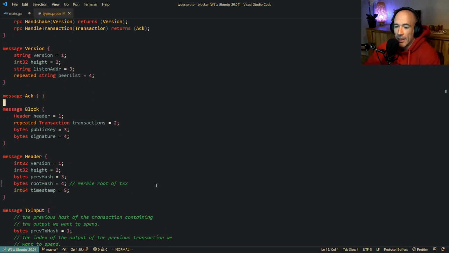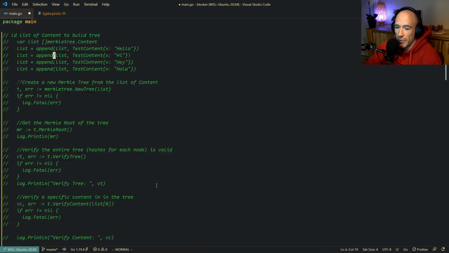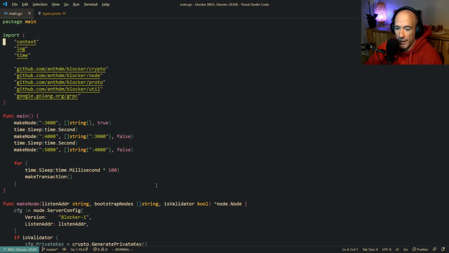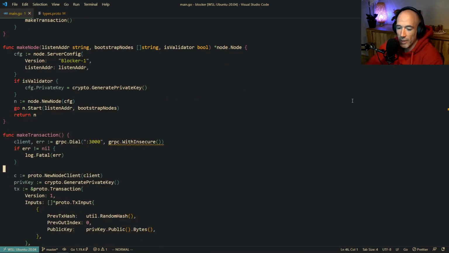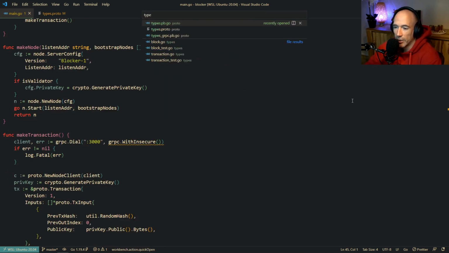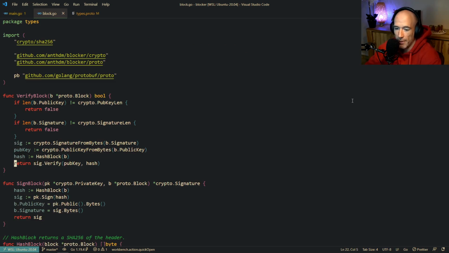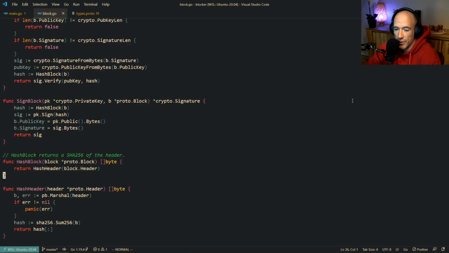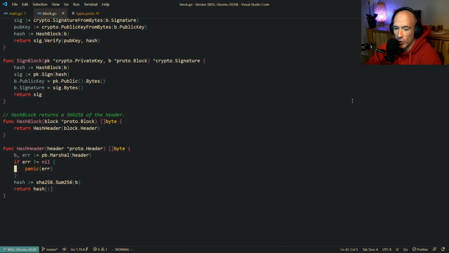All right. So let's go to main and let's delete this shenanigans real quick. So we're going to delete this. Hop, hop, hop. Fine. Where are we setting this thing? So I think if you go to types block, actually, block here, we have verify block, sign block, hash block. Do we have something like